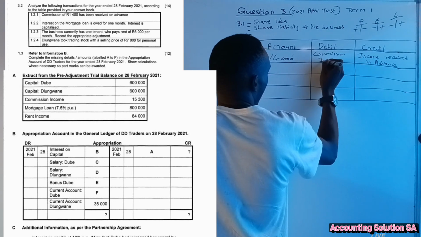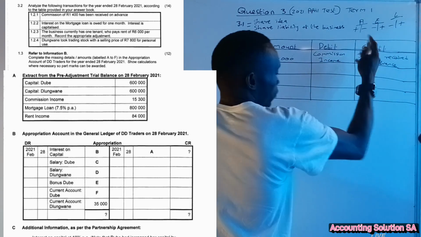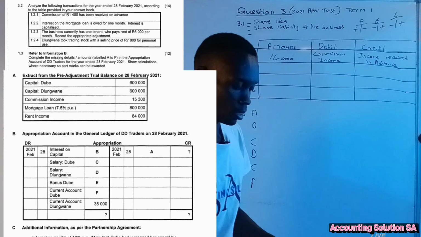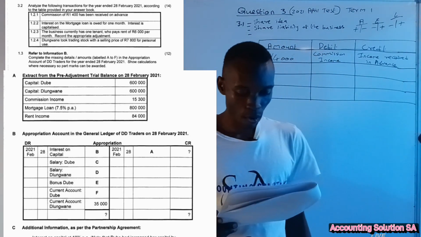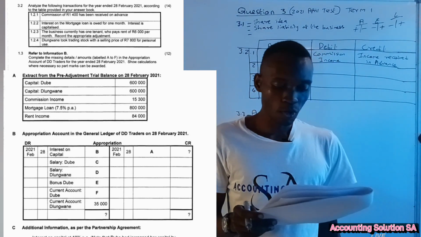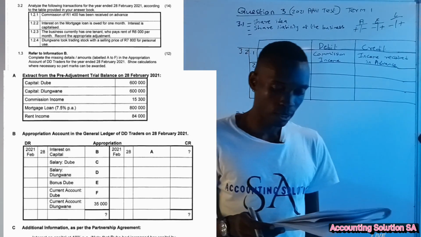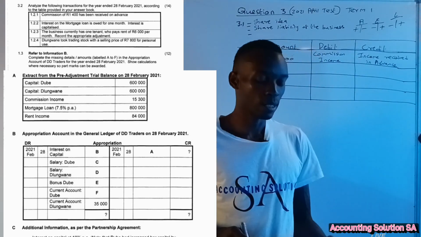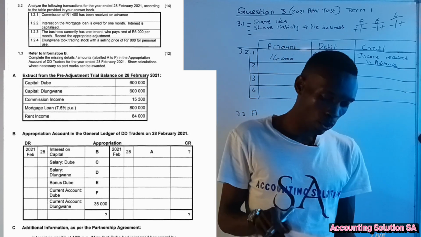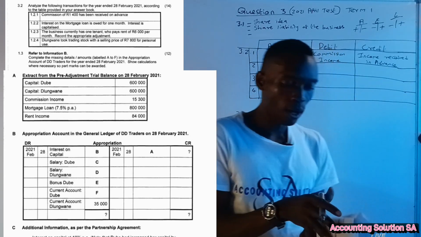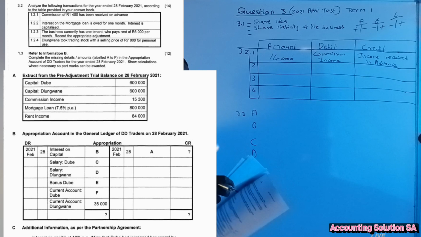Commission income. If we credit, we also have to do what? To debit. All right, then number 1.2.2, interest on mortgage loan is owed for 1 month and interest is capitalized. Okay, for this one we have to check our information. Okay, the information that we have,